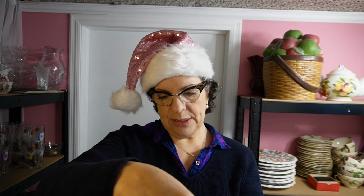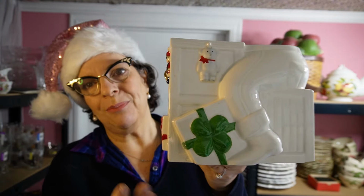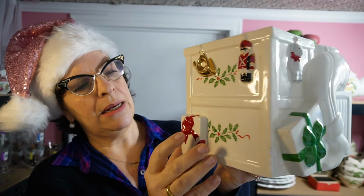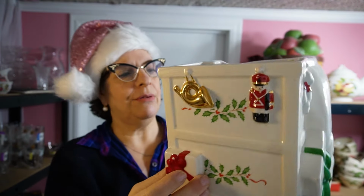So that's for the top part, and then for the bottom part there is a chip here at the bottom. Okay, you don't see it, it's in the back. There's a little chip. I don't like to put things with chips in my shop, but this is like a collector's item. So there's a chip right here, and then there's a little tiny chip right here. So red nail polish will take care of that. And that's just about it. Yeah, I'm not a fan of putting things in the shop that's damaged, but this one is just,